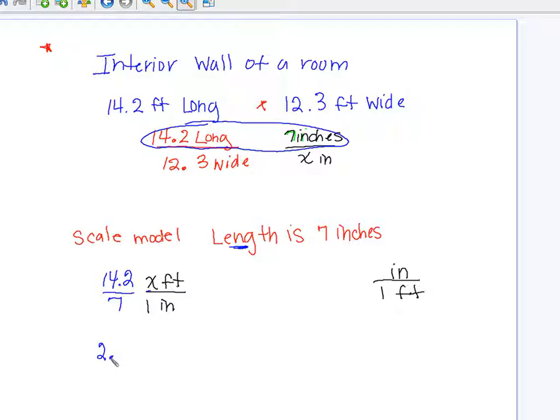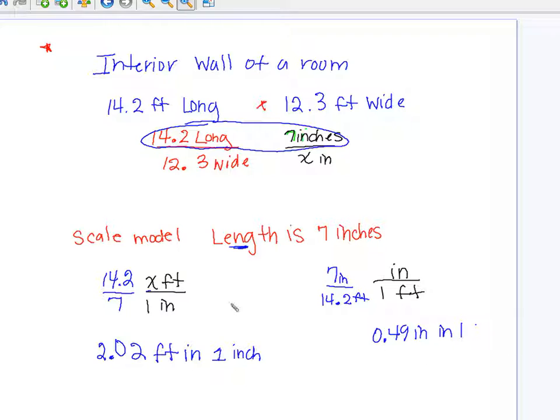So we could say there are 2.02 feet in 1 inch, or 7 inches and 14.2 feet. And it's almost a half an inch. I should change these words in to represent